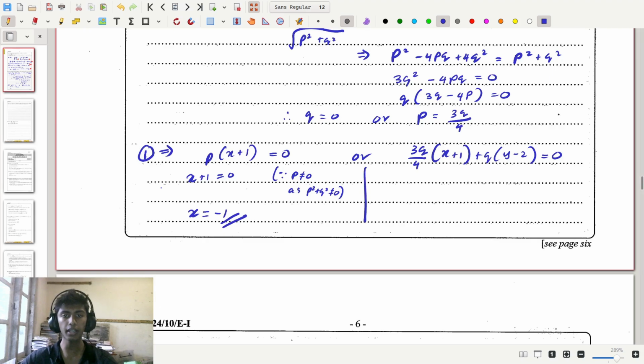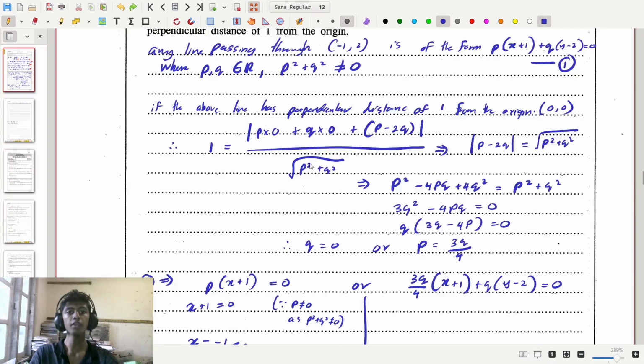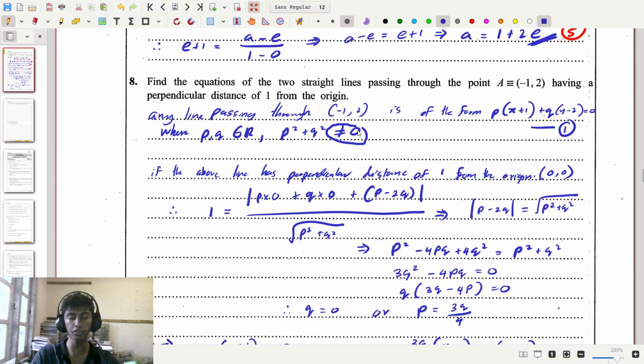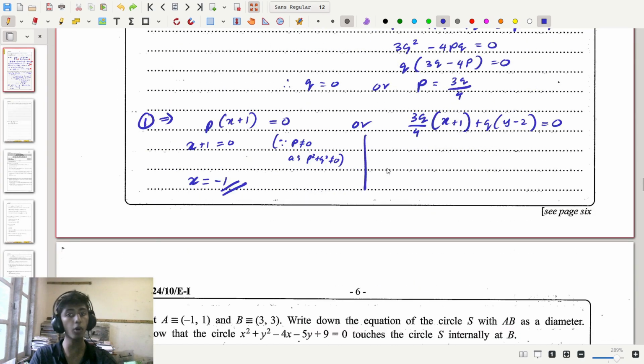Now considering the second line is going to be this line right here, and we can see we have q here and q here. Before we divide, we need to make the observation that p is equal to 3q over 4. And therefore, if q was equal to 0, we can see p would also be equal to 0. And since that's impossible, since p squared plus q squared is not equal to 0, and therefore p and q cannot both be equal to 0 at the same time, q cannot be equal to 0. Therefore, we can